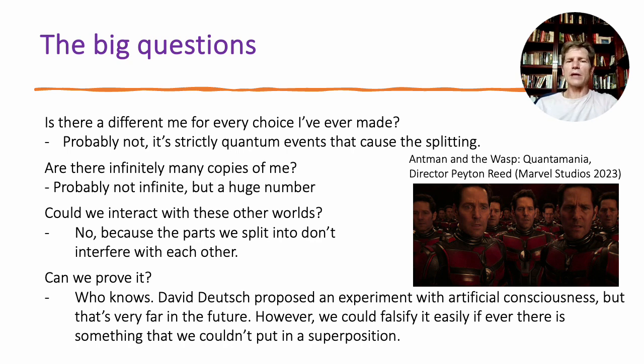And on the flip side, while we can't prove it, we certainly could falsify it easily. We're putting things in bigger and bigger superpositions, as we saw before. So if at some stage putting things in superpositions just starts to break down, if we figure out what makes macroscopic, and microscopic, if we get to some stage where we put bigger and bigger things in, and then we put something that's the size of a marble into a superposition, we find we just can't, then all of a sudden we know that the many worlds is false, because you couldn't put something like a human being into a superposition. So far we haven't reached that level yet.